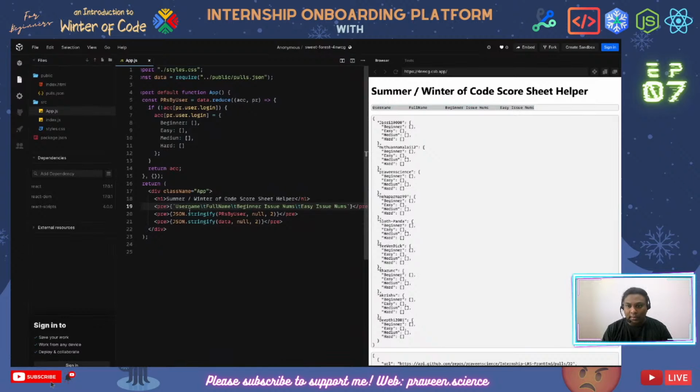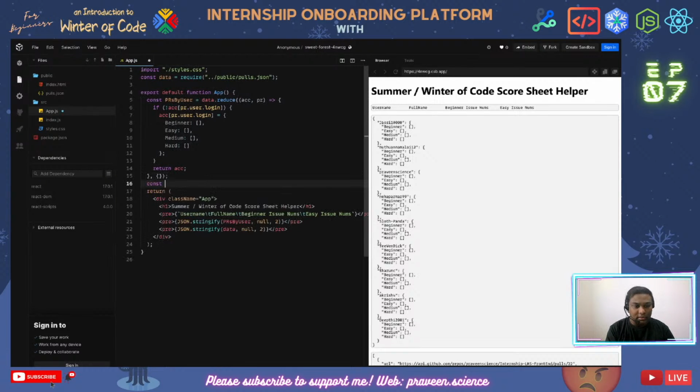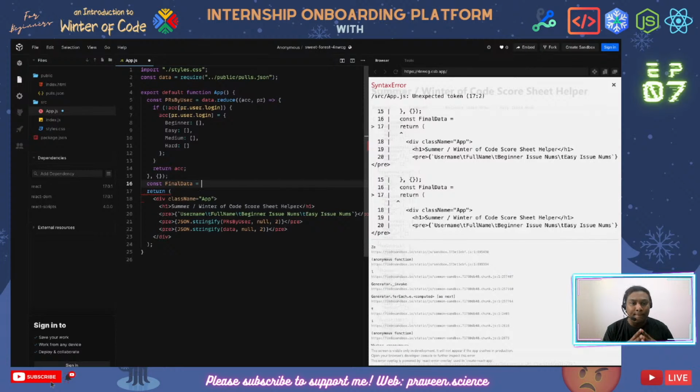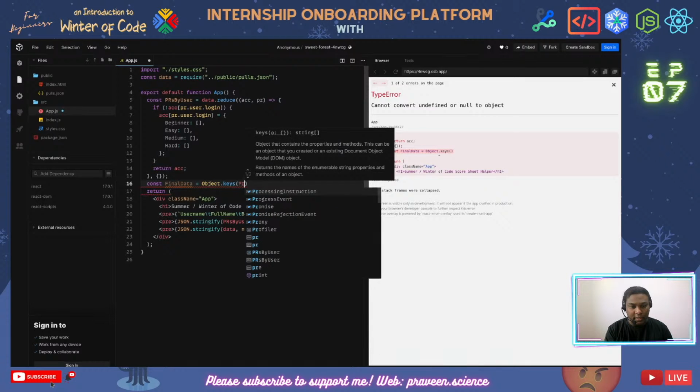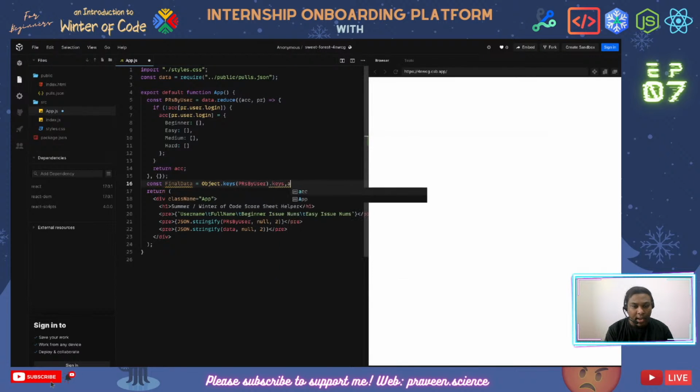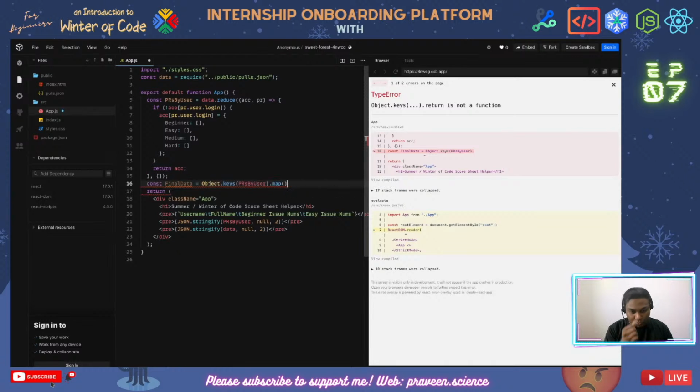Now, this is the username that I'm trying to get. With this particular data, let's create another constant here. Const finalData equal to. I need to map all this data, each and every row in the object. When I say it is an object, we need to use Object.keys. So let me put Object.keys of prsByUser, and I need to map these things. Each key is going to be the username, right? So user,